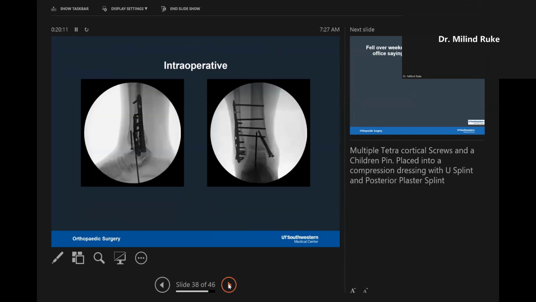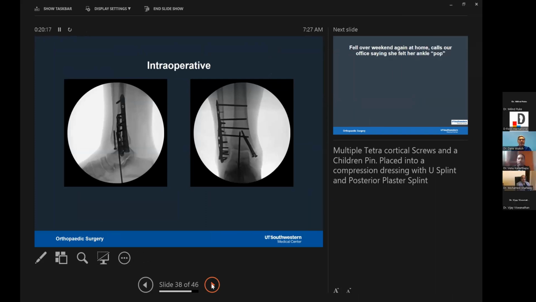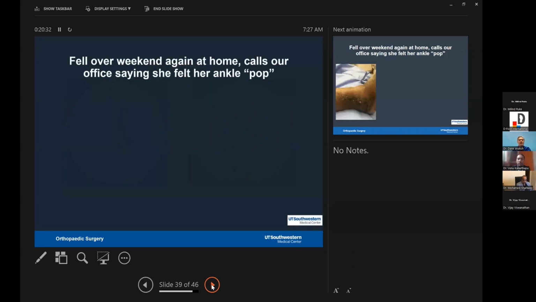And so intraoperatively, we did a number of things. We doubled the hardware. We put a pin up the heel, and we left the operating room feeling very, very good about this particular patient. We lined the ankle up. We were patting ourselves on the back and, you know, giving high fives to everybody. And we're pretty excited. But within 2 weeks, this patient fell at home, called our office and said she felt